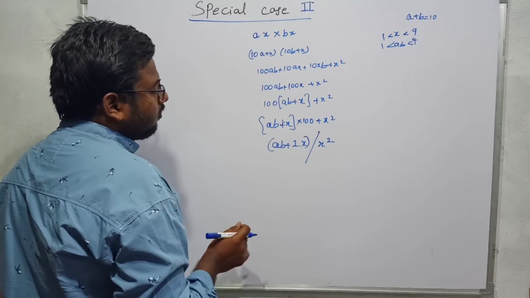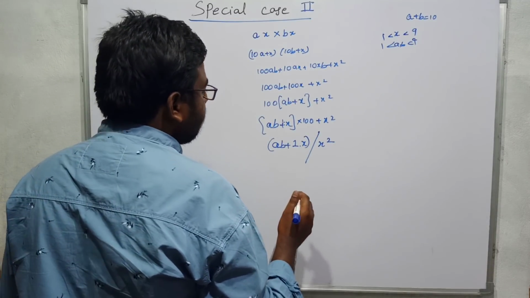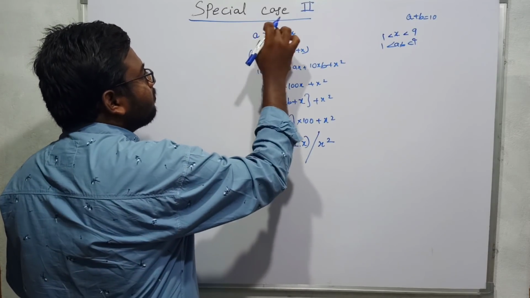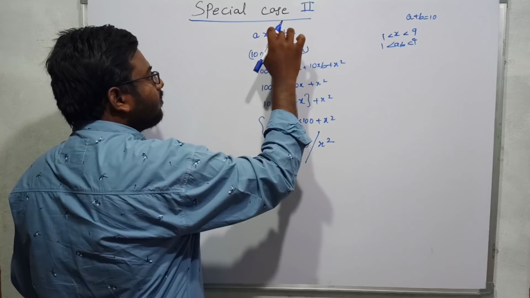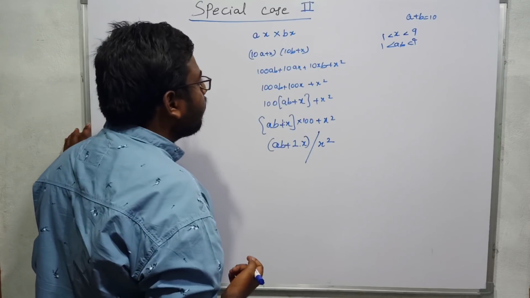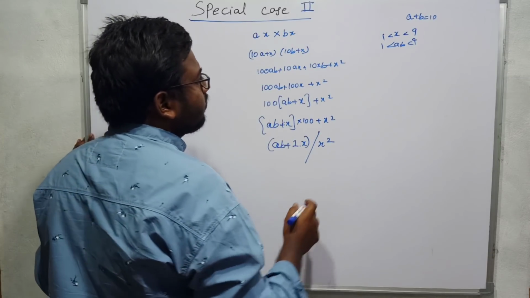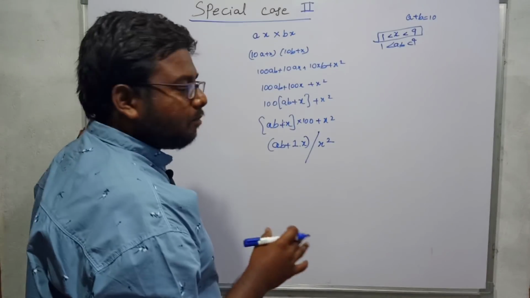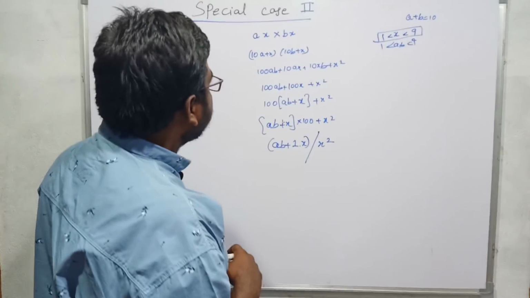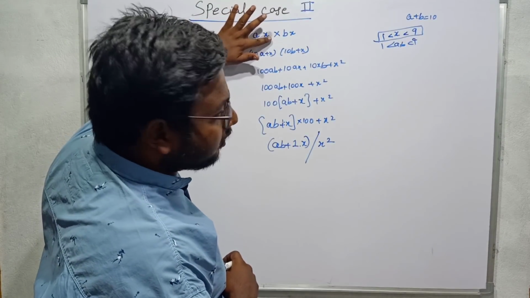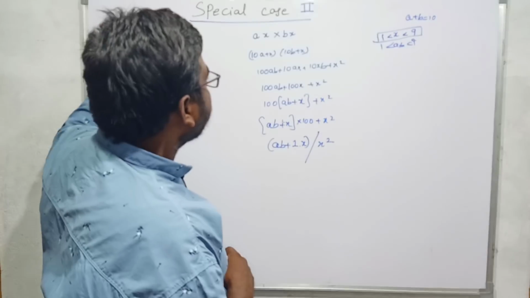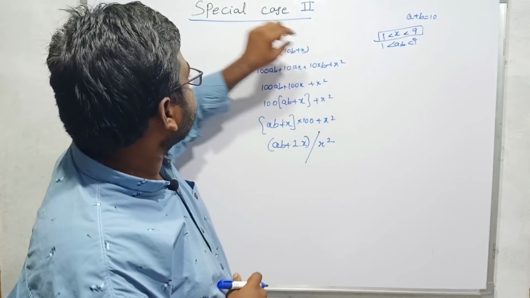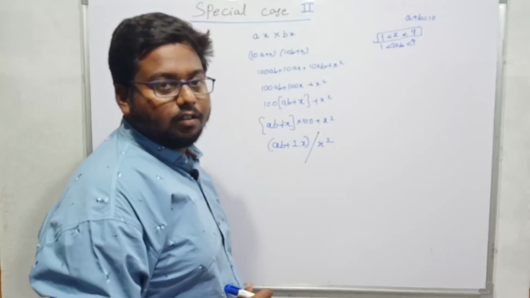So the example for this: you should be careful when a plus b is equal to 10, then x is strictly a single digit number. In this last case, x is not a single digit number. x can be any other, because x is not in the units place, it is the outer one. Here, since a is restricted to a single digit, x should also be restricted to a single digit.